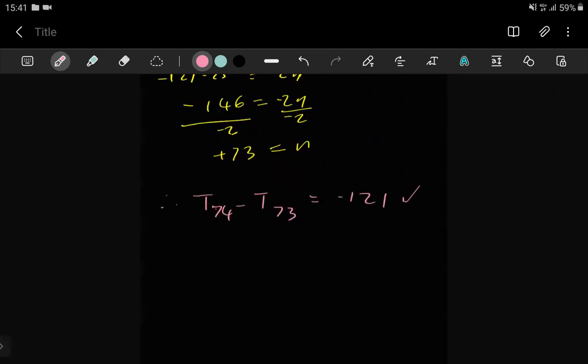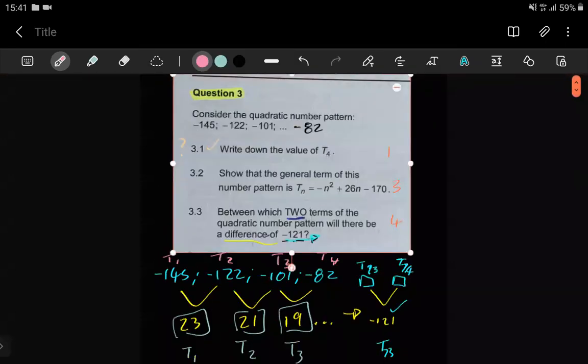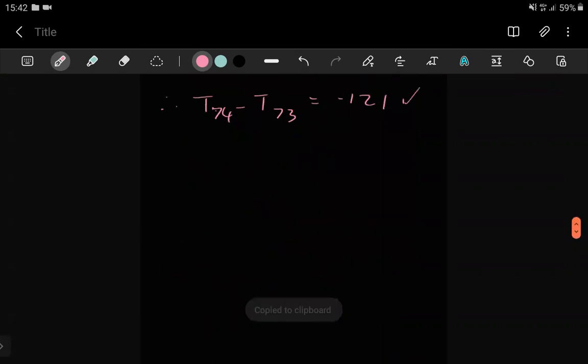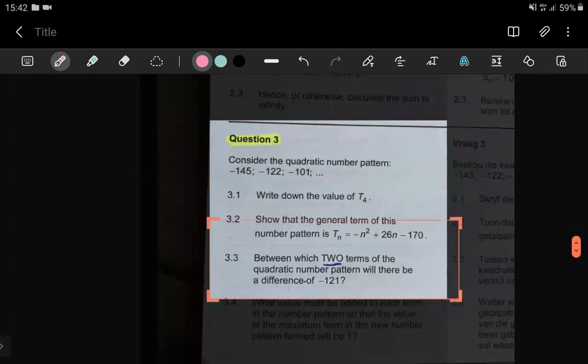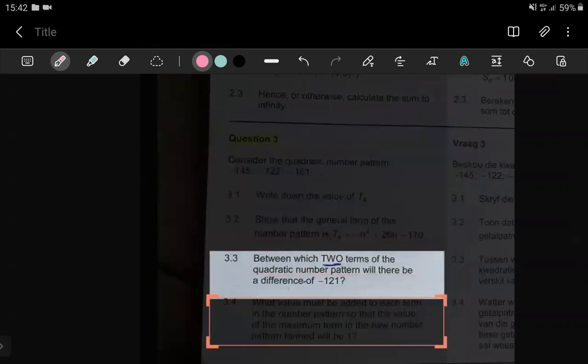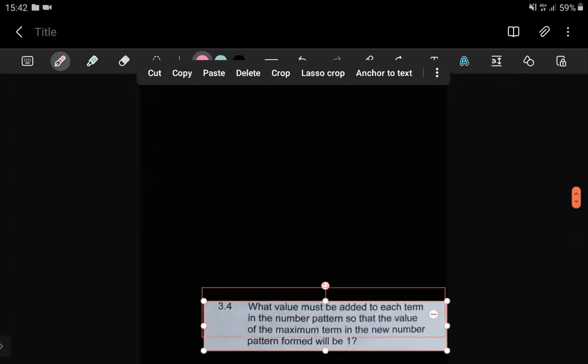So let's see here. Yeah, we can move on to the next one. Copy this thing here, and then move on to 3.4, paste. Let me crop this out. There we go. So 3.4 says what